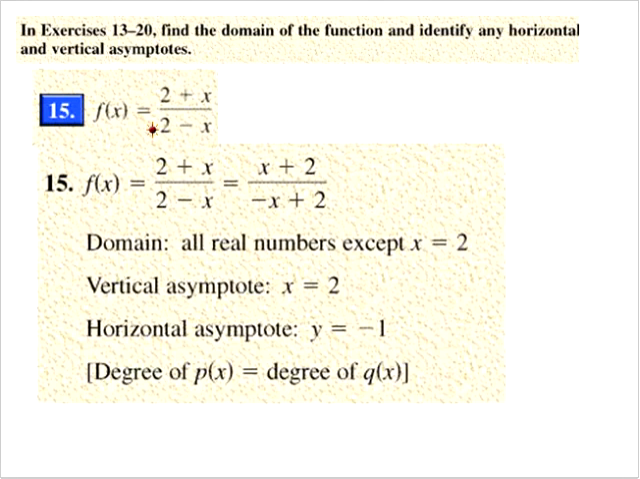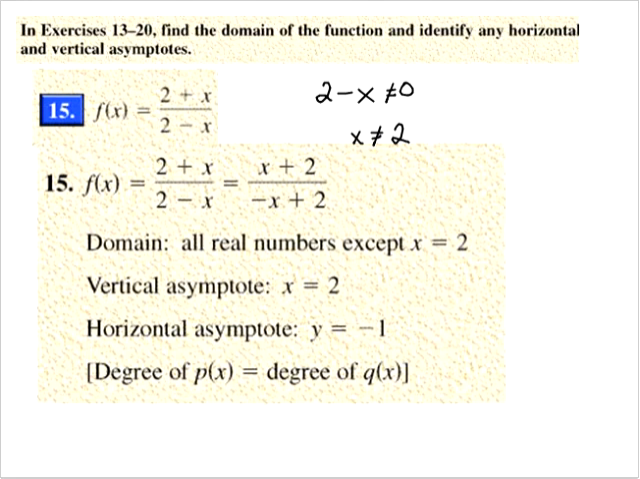That's where your denominator cannot equal 0. So I would have 2 minus x cannot equal 0. Add x to both sides, x cannot equal 2. So it's all real numbers except x equaling 2. Now it's kind of nice because the vertical asymptote is the same thing. It's x equaling 2. Your horizontal asymptote can be found by comparing